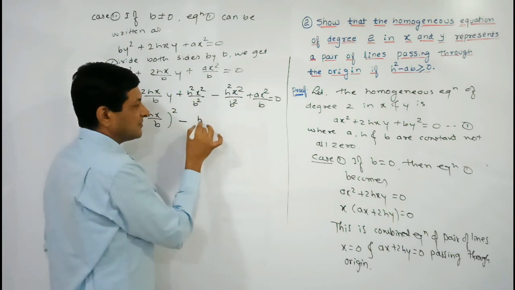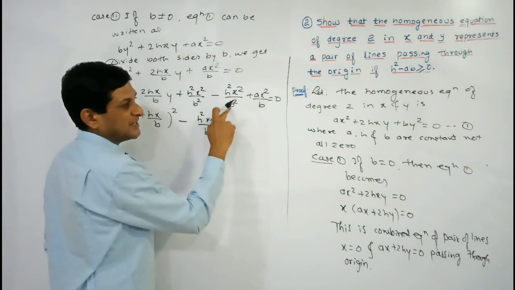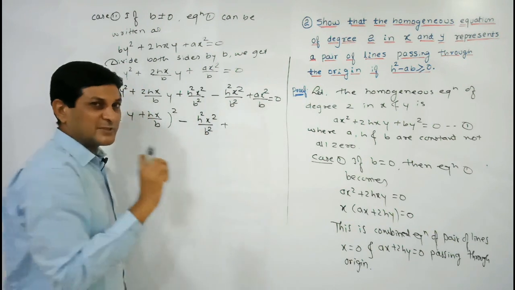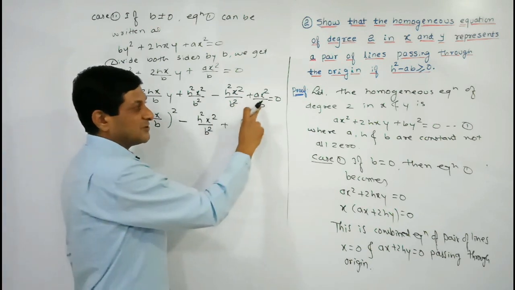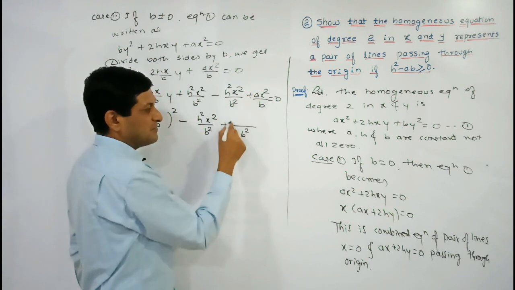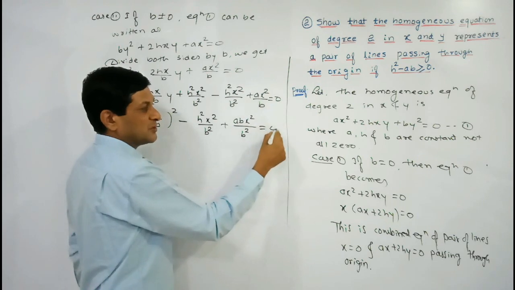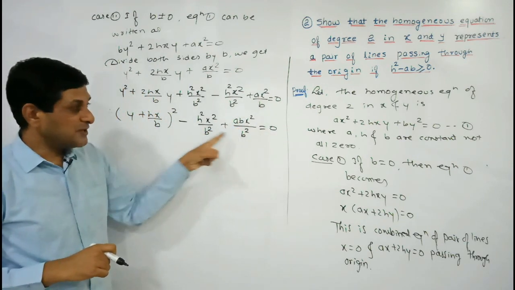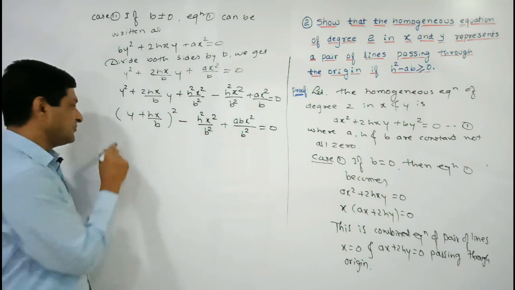Now observe the last two terms. In the last two terms, h square x square upon b square, keep it as it is. Here what is the denominator? b square. To get b square here in the denominator, if the denominators become the same, only then are we able to take the addition of numerators. So to get b square here, we multiply the numerator and denominator by b. So the denominators of both terms are now the same, so we are able to add or subtract the numerators.